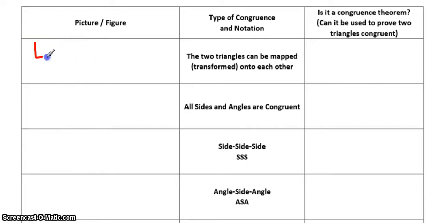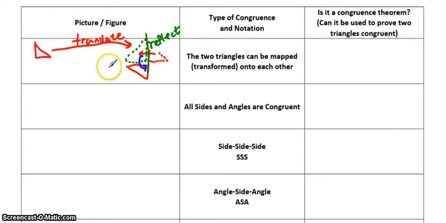Let's make a quick figure of what that means. Like if I had one triangle here, and maybe another triangle, say, over here. Maybe I would first translate the first triangle over to here. And maybe I would reflect that triangle over to here. And finally, maybe I would rotate that triangle down to meet the second triangle. So what I've done here is I've translated, I've reflected,